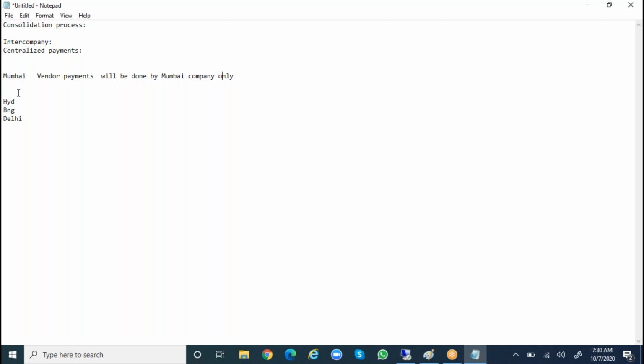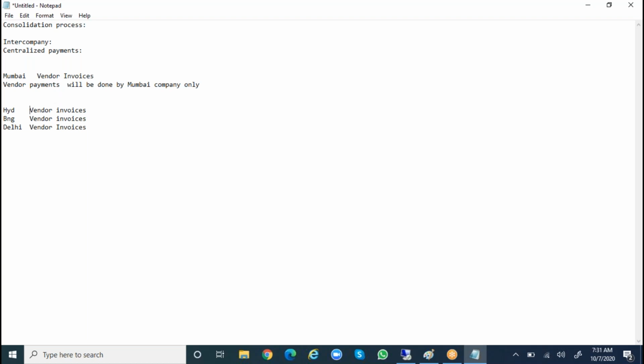That means here vendor invoices will be executed. Here also vendor invoices are generating. Here also, and here also. But payment will be done from the Mumbai company only.